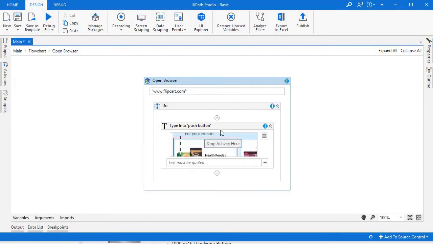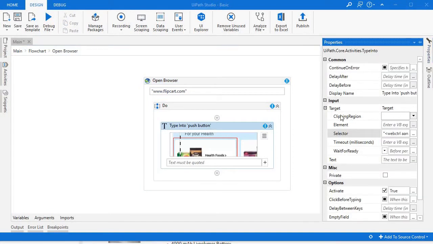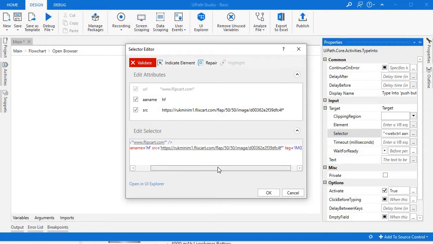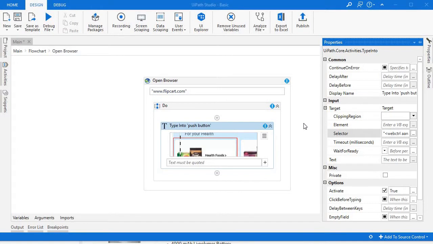When you click something on the web, it will come under the target selector option. Selector is nothing but the extraction of some web UI element with the help of recording. Basically, a selector is used to identify any kind of web data or web tag, you can say.